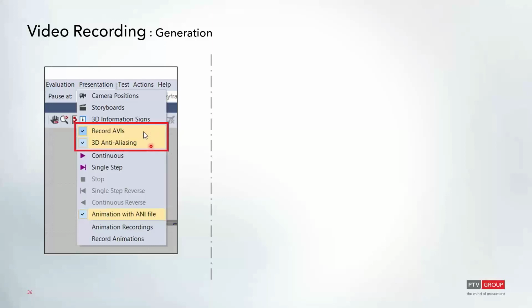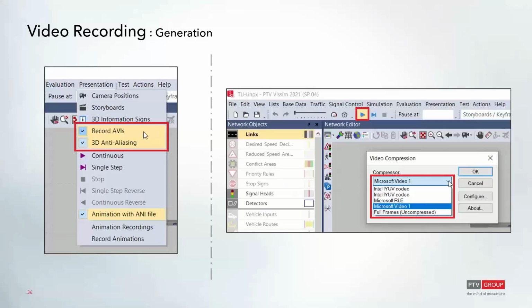It's also recommended that you choose this 3D anti-aliasing, and this will just produce higher quality videos and remove any of those jagged pixel edges, just to create a smoother video. It will take a bit longer to record, but again, it will create a better quality video. And then as long as you have those options selected, from here you can just press the play button to